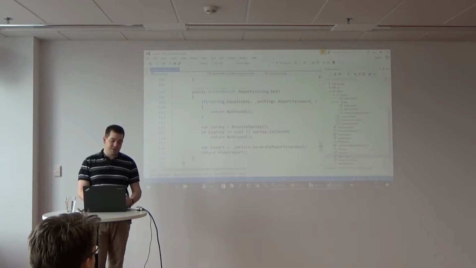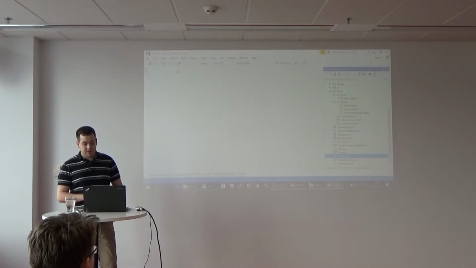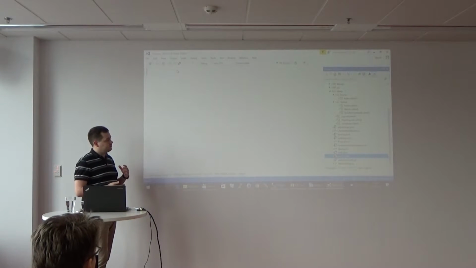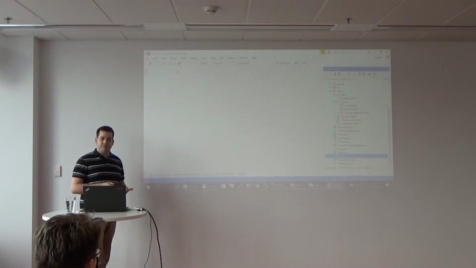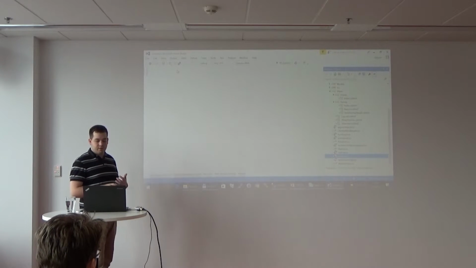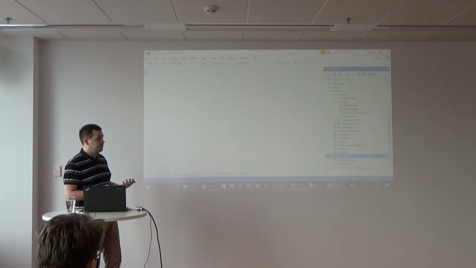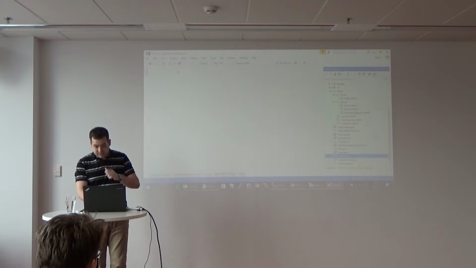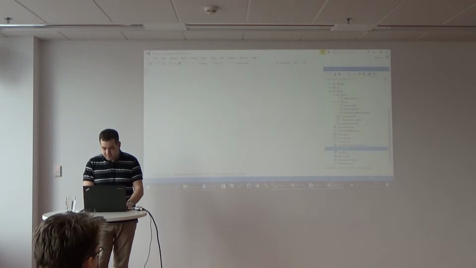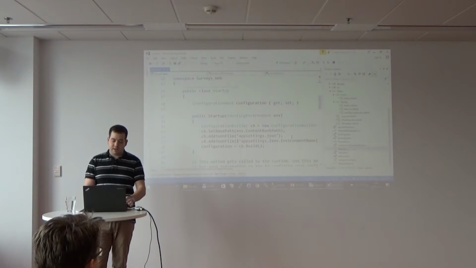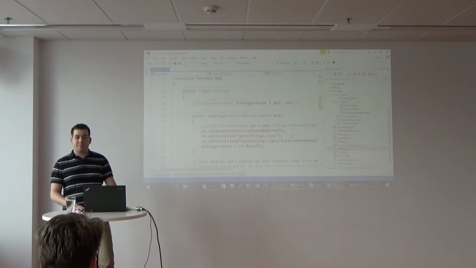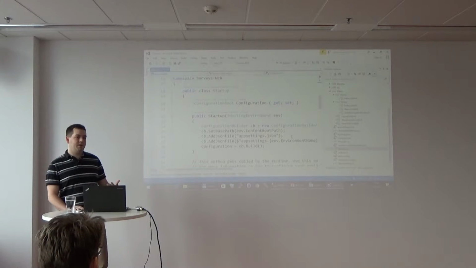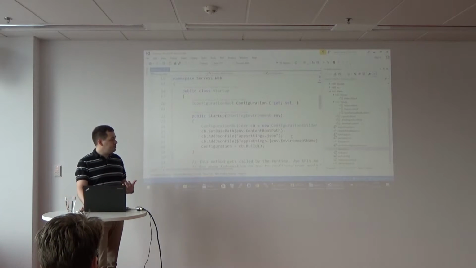So where the configuration should be stored. Quite interesting thing about the .NET Core is that it does not define how the configuration should look like, from which source it should be read, or even if you want to have any configuration anywhere stored. And there is this file, startup CS, and that's the bootstrapper for our web application. That defines what happens where your application starts and what will be the processing pipeline for HTTP requests received by